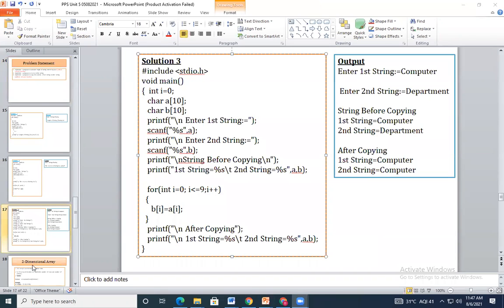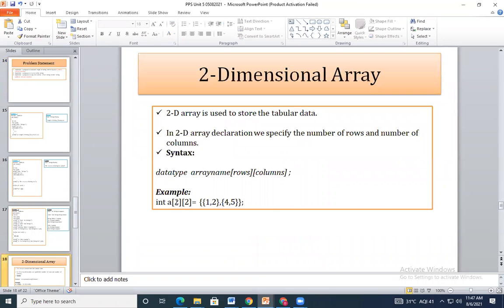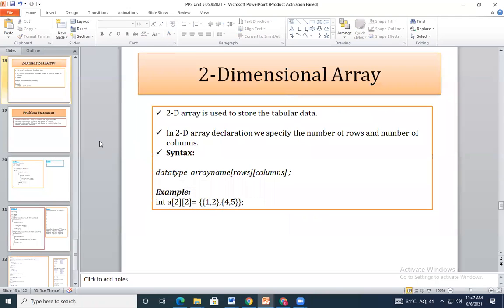Yesterday we discussed the two-dimensional array. The first subscript is used for the number of rows present in your matrix, and the second subscript deals with the number of columns. If you check the example, the array is a 2 by 2 matrix, that means 2 rows and 2 columns.